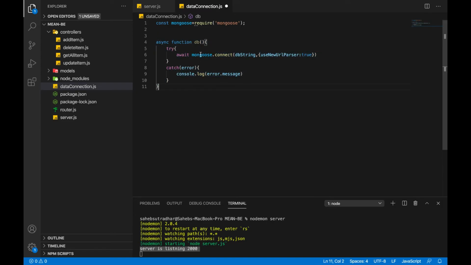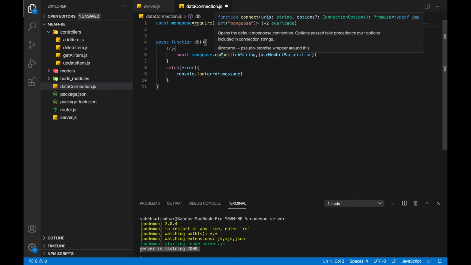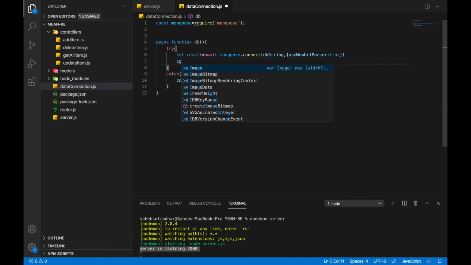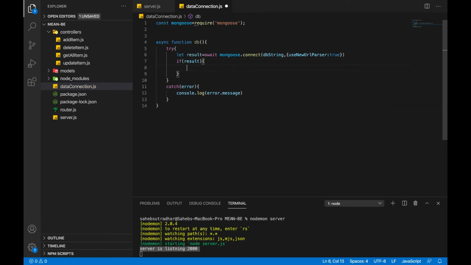Since this mongoose connect method returns a promise, we need to handle the promise. So I have used async await for this. If the connection establishment is successfully done, we get the result. So if we have this result, we'll simply print console.log database connected. Otherwise, if something is wrong, it will print the error message.